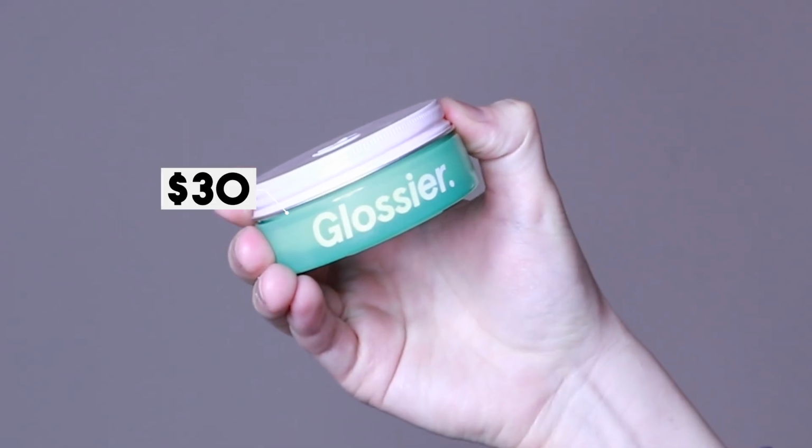The next moisturizer is one that I tried a long time ago on this channel, but I wanted to re-mention it because one, they just launched a jumbo size of it, and two, I went back and looked at the ingredient list, and no wonder I loved it so much. This has so many hard-hitting ingredients that still work great for my skin to this day, and that is the Glossier After Balm. I love this because it is a very thick and rich moisturizer that doesn't cause acne, at